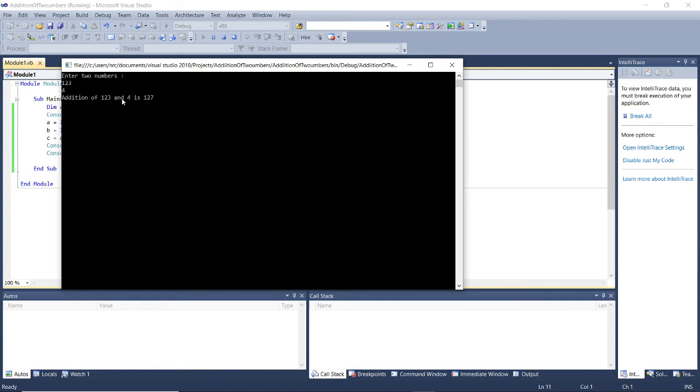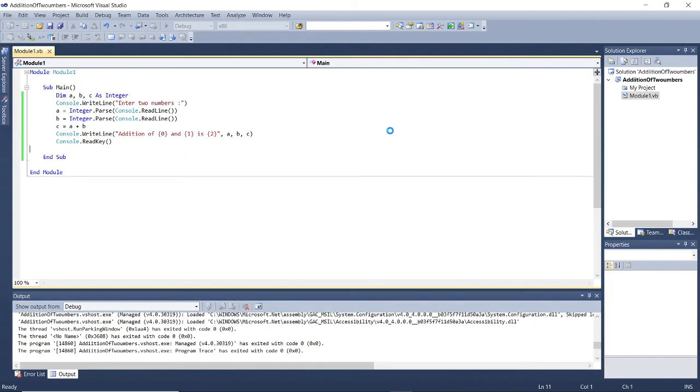Now once you write the program for addition of two numbers, it is possible to write a program for any other normal applications like factorial of a number, Fibonacci series, reverse of a number, etc. That we will see in this particular session of the lecture itself. After this, when you press enter, it will come into the program. So this is my first program.